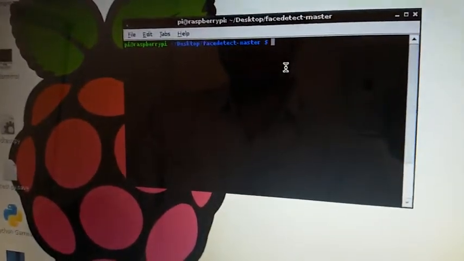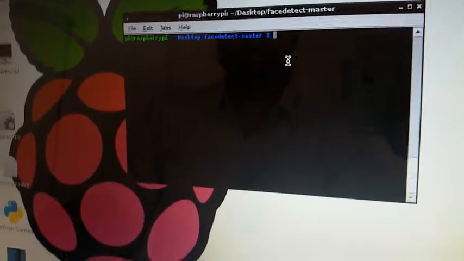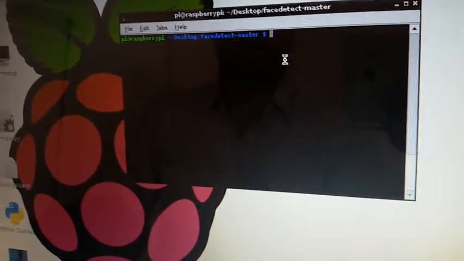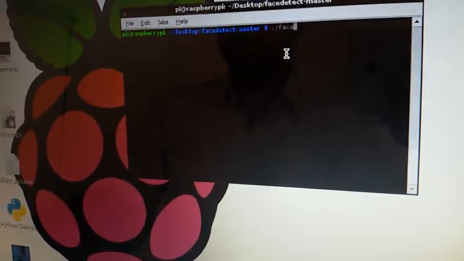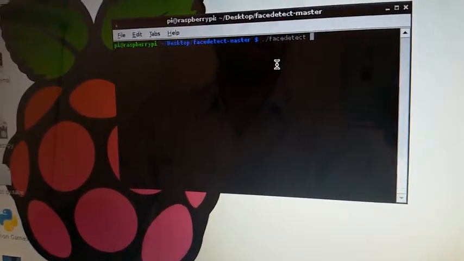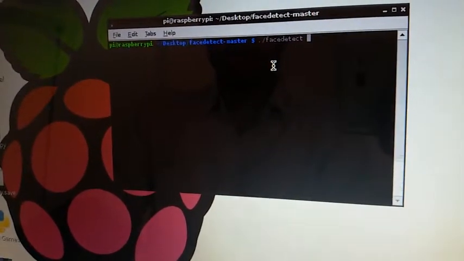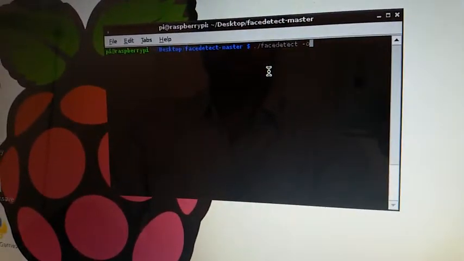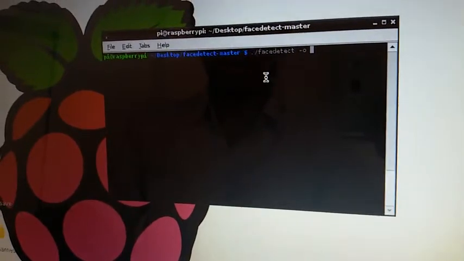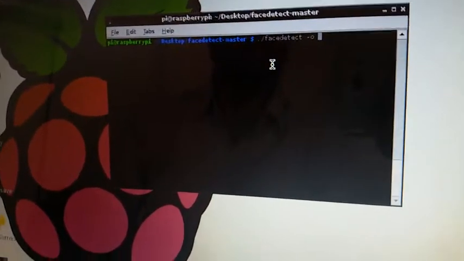Now we try to detect the face in that image. As we all know, if it's a bash script, then we execute it by using the command ./ and face detect is our code file name. We are using the option -o, which will produce another output image.